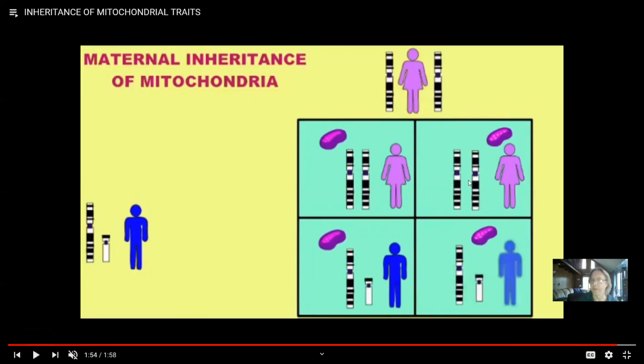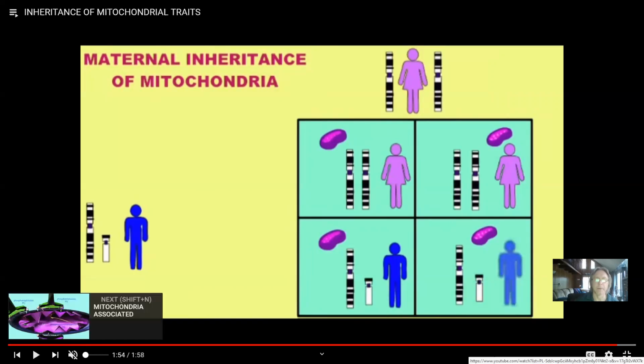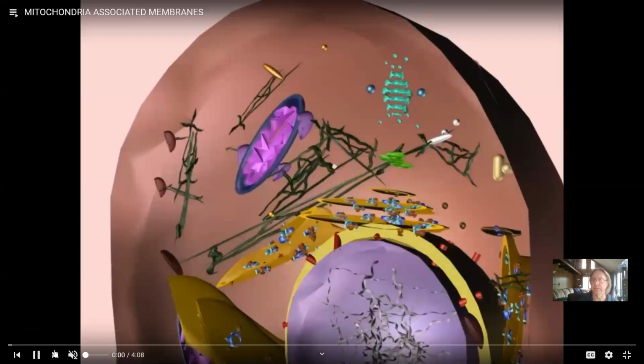But notice that here you see sex-linked traits, X's and Y's, but this is determined by the nuclear chromosomes. All of these individuals are getting mitochondrial chromosomes from the mitochondria, but just from their mothers. So that's another type of inheritance different from